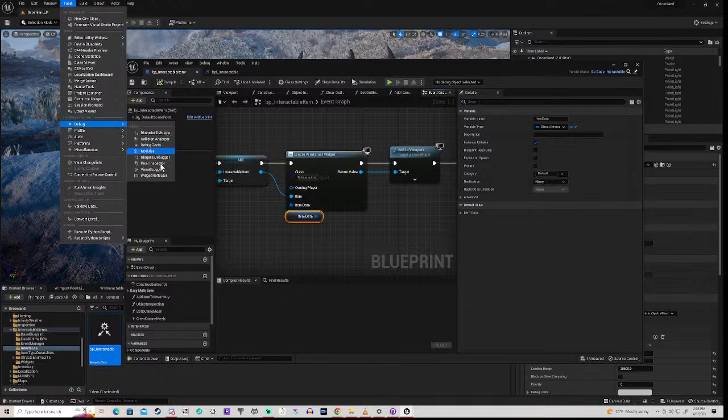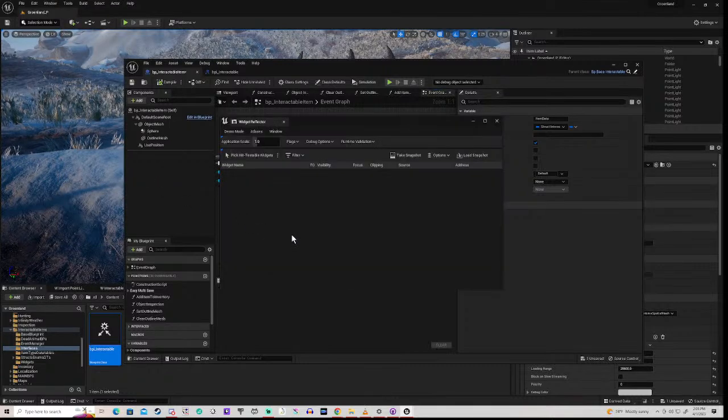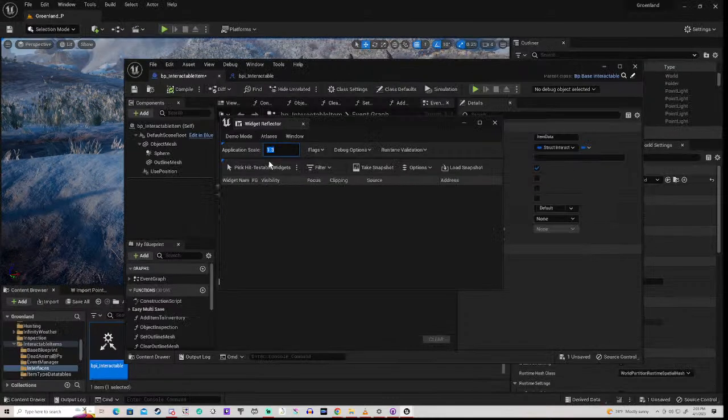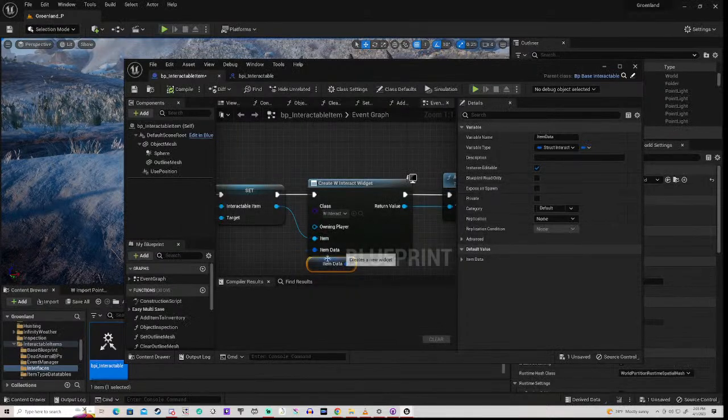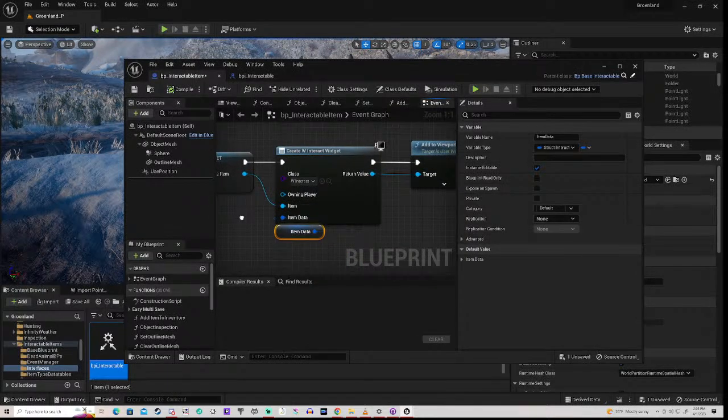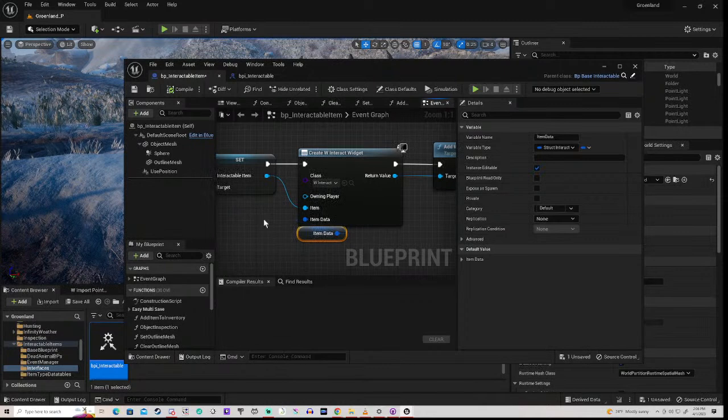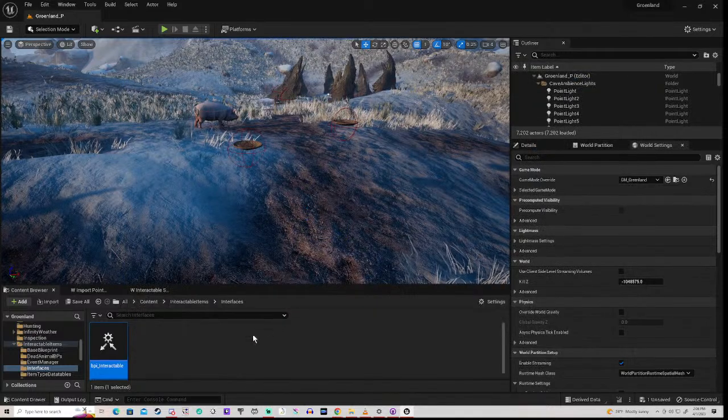Right. So we go in here, change this widget reflector to 1.3. That should make it a bit better. Okay, so these are basically exposed. Now, what does that mean? Well, what it means is, if we go into, have we got a,